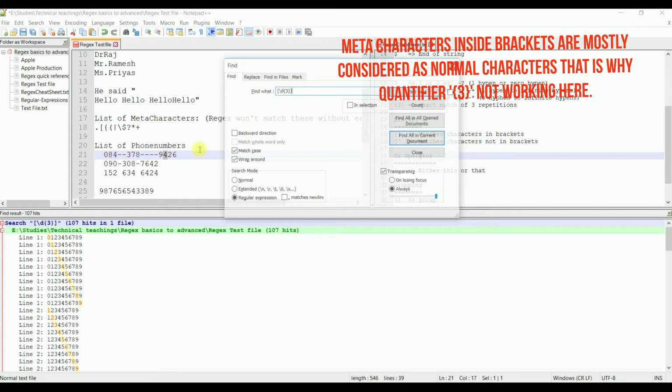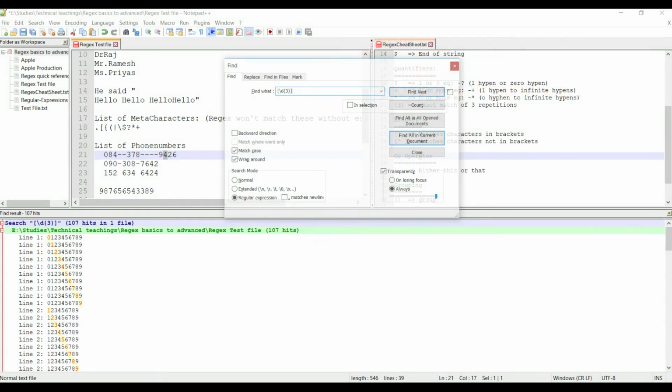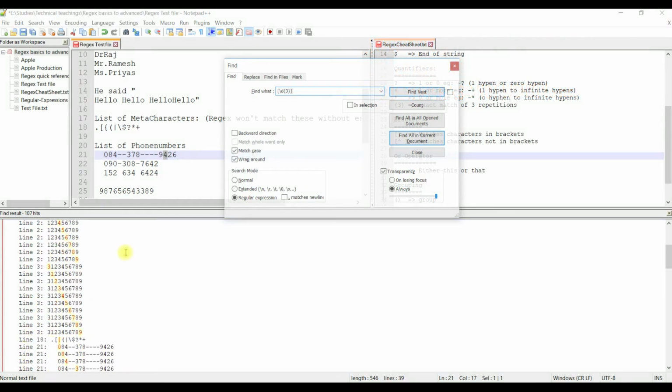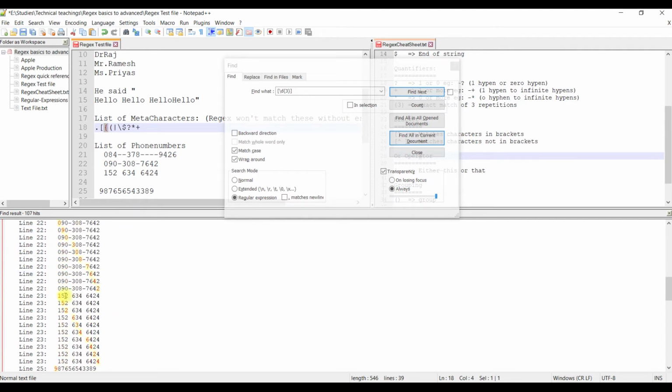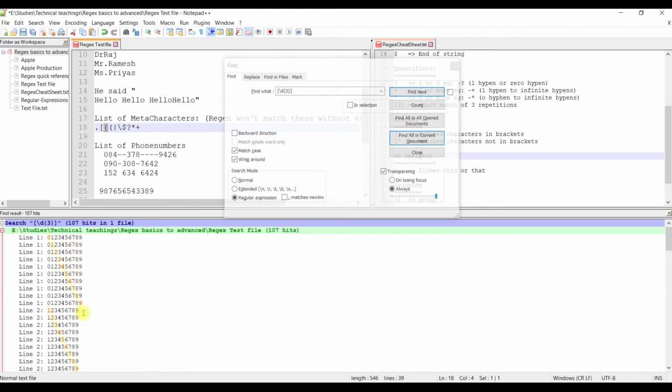It is actually starting to match numbers, this curly braces, since we do not have the closing braces, it's not matching the closing braces. Other than that, it's matching all the digits, which means we should be very clear that this quantification with the exact repetition won't work inside brackets. Okay,